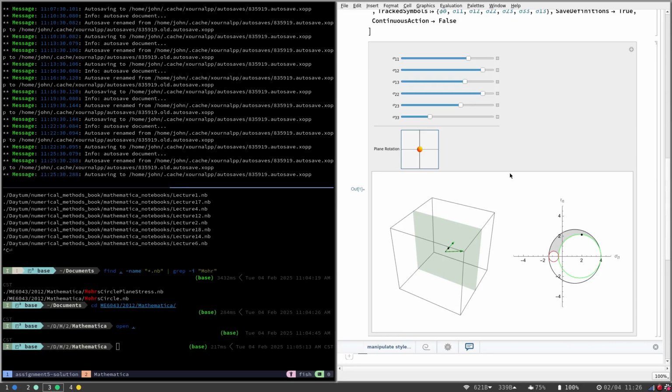So this is a little animation that shows that. This box represents our potato. This plane represents the slice we're making through that potato, and then we have a coordinate axis there, and a